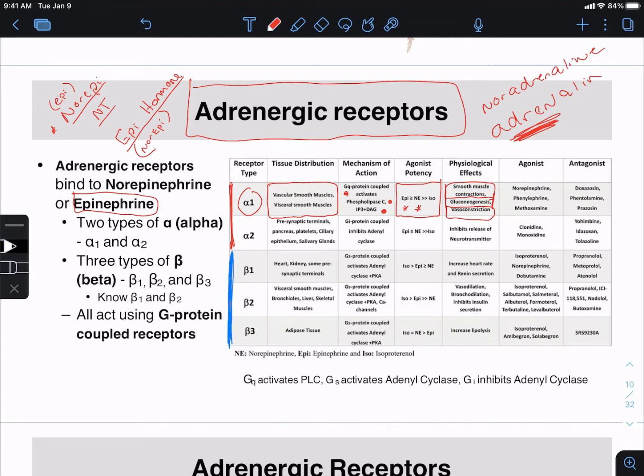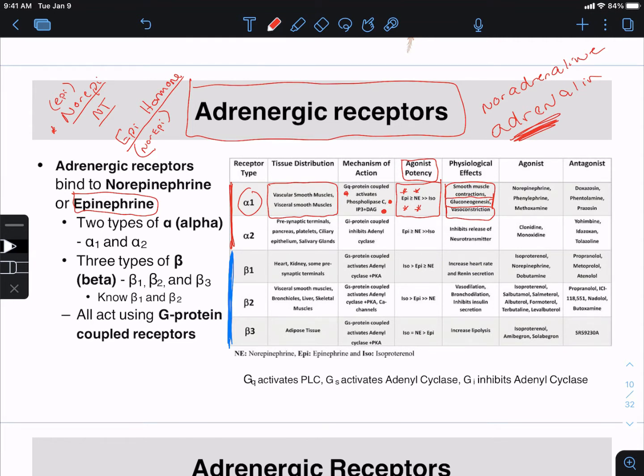This is a relationship to binding and to potency. So epinephrine is more potent or equally potent to norepinephrine at the alpha 1